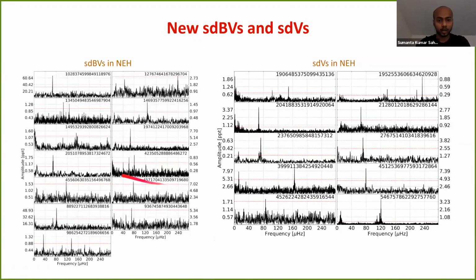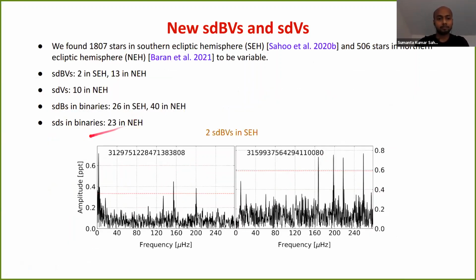I have mentioned a few targets from the north which we categorized as SDBV, because all these targets are spectroscopically classified as SDB, and these as SD. We see either one or more than one peaks, not correlated to each other, in the g-mode range, and we define them as SDBV. And apart from the pulsators, the SDBVs, we found a few targets from the SDB and SD list which show binarity variability.